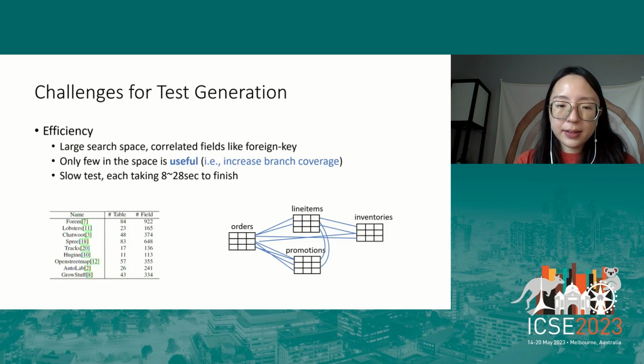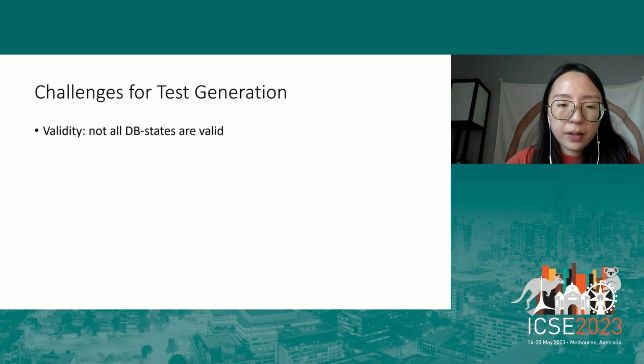Otherwise, maybe let me ask a question. So the goal of extracting these constraints is to generate likely valid database states. Do you have an idea how often you achieve this goal as opposed to generating an invalid database state?